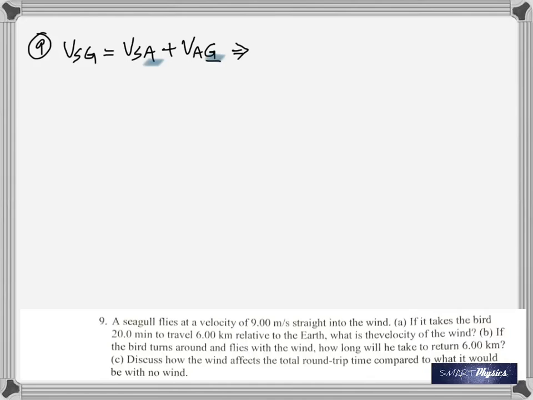So the notations here: velocity of the seagull with respect to the ground is velocity of the seagull with respect to air, plus velocity of the air with respect to the ground. Because the air is going to carry it, it's flying straight into the wind. Remember that. And therefore the velocity of the air with respect to the ground is the difference